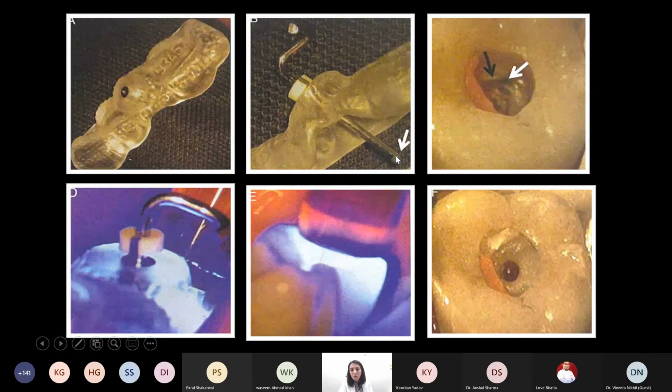By marking a blue point here, they could locate the canal. After locating the canal, they filled the entire cavity with composite. After filling with the composite, they put the same template here, slid in the same sleeve and cured it. When they removed the guide and the sleeve, this is what they found.